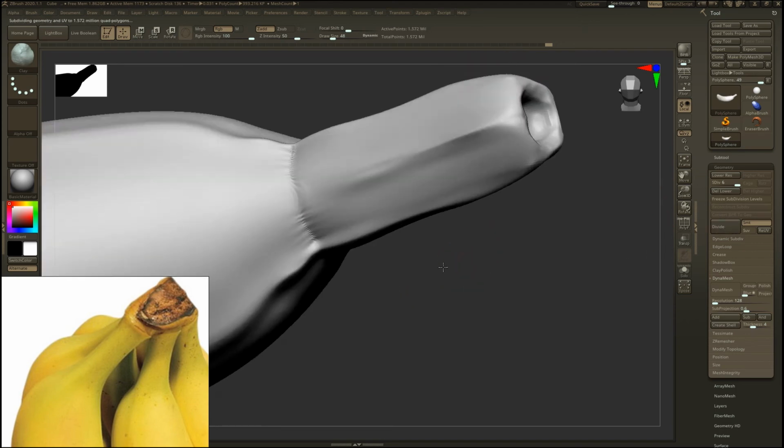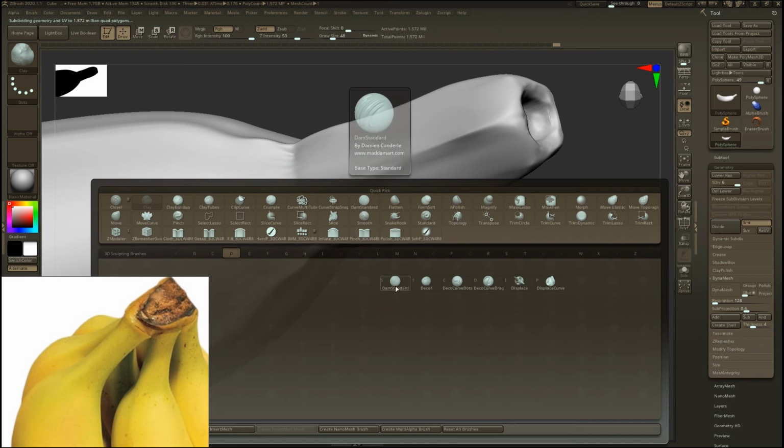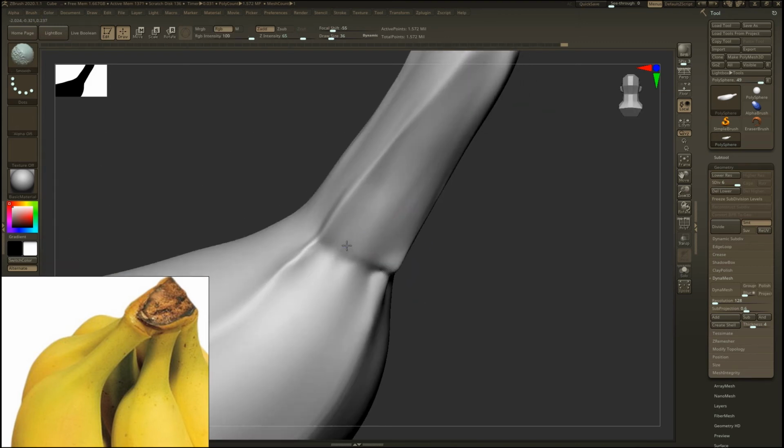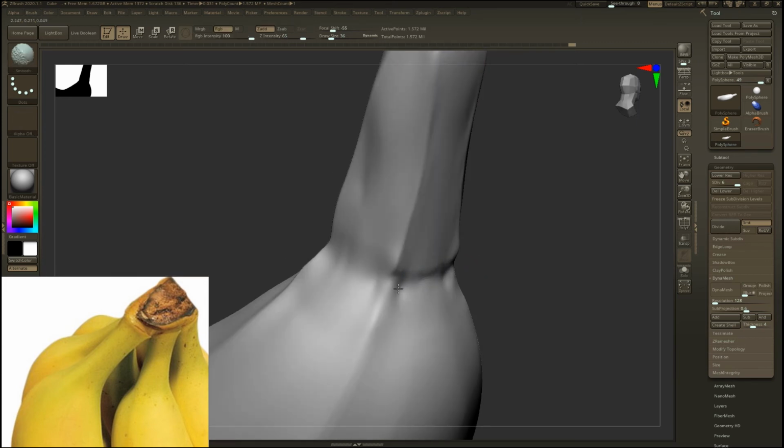Adding another division and applying smooth here. Now taking the Standard brush and making an inset here and also smoothing it out. Go to a lower subdivision to smooth it better.